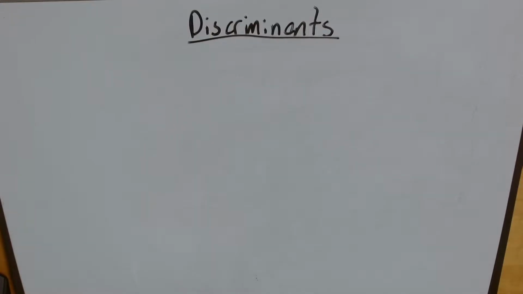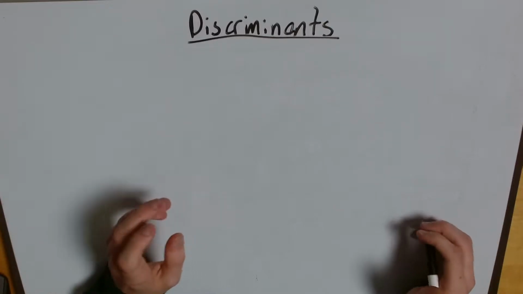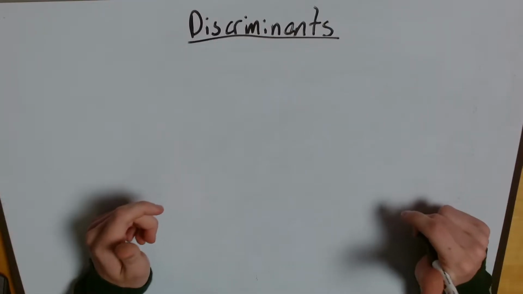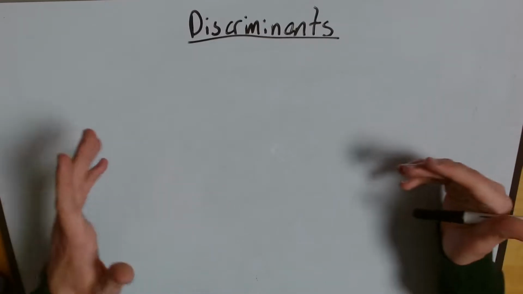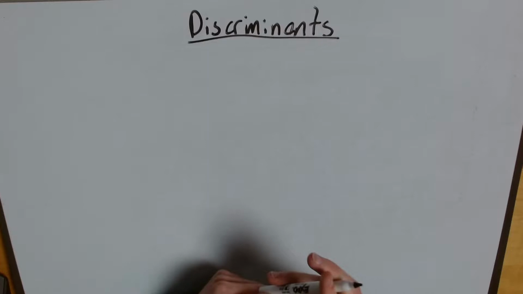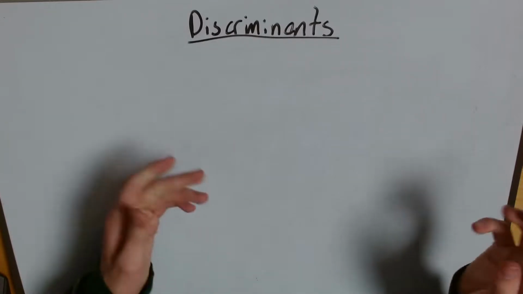Hi, in today's video we're going to be talking about discriminants, which are a really helpful tool for looking at quadratic equations and knowing how many solutions you're going to have, how many real solutions you can have. Because it's possible to get a quadratic where you have imaginary solutions, and imaginary solutions refer to solutions with imaginary numbers, basically